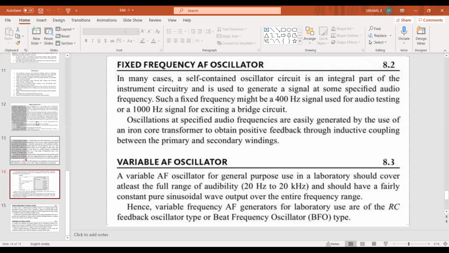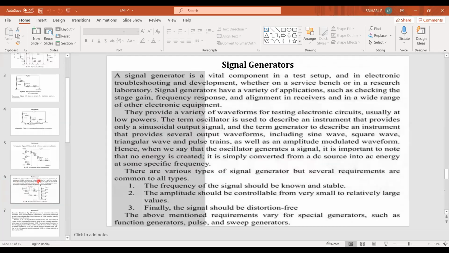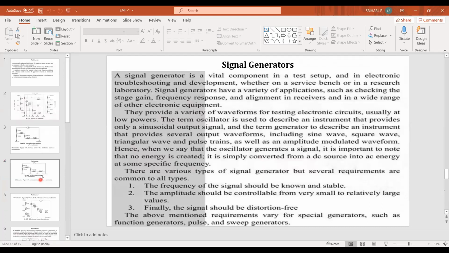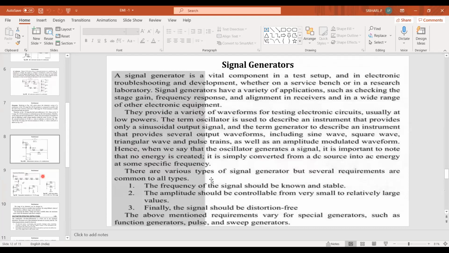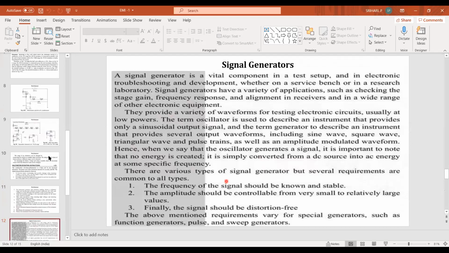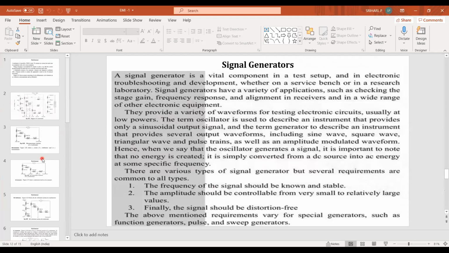This is about the signal generators introduction. Please go through this. I will send the material today evening or tomorrow morning. My system is not working properly, that's why I am unable to share the material. Whenever my problem has been fixed, I will send this unit 1 PPT to you.